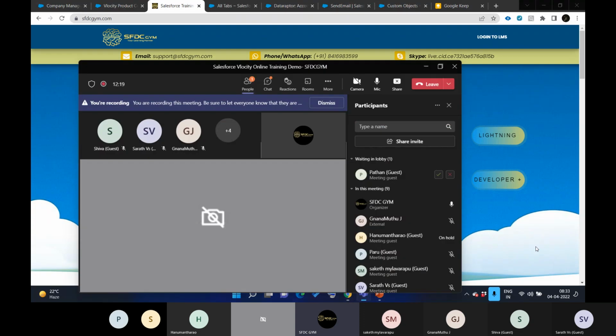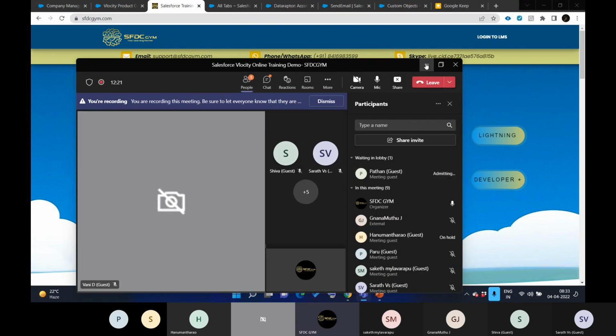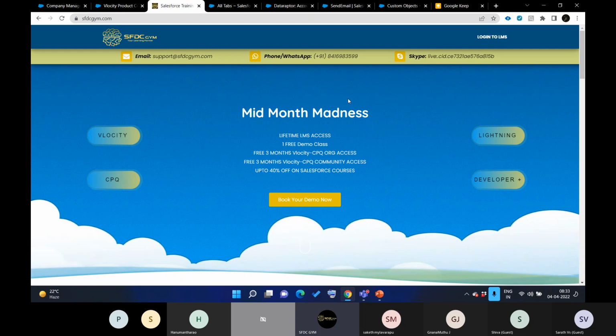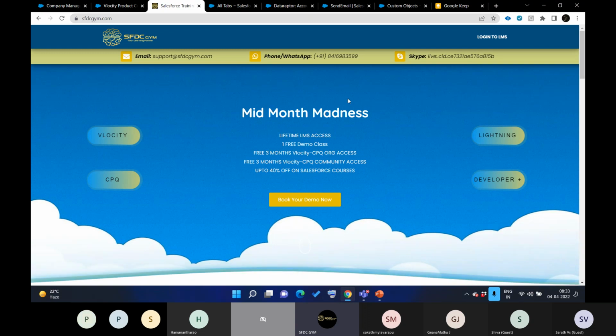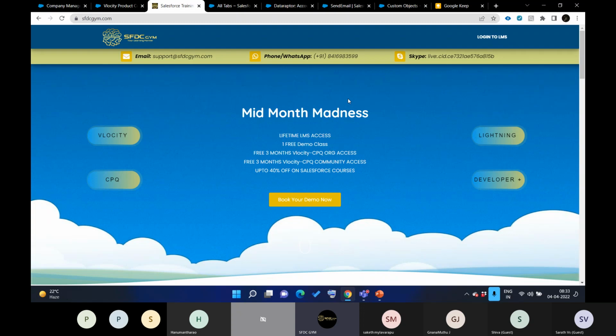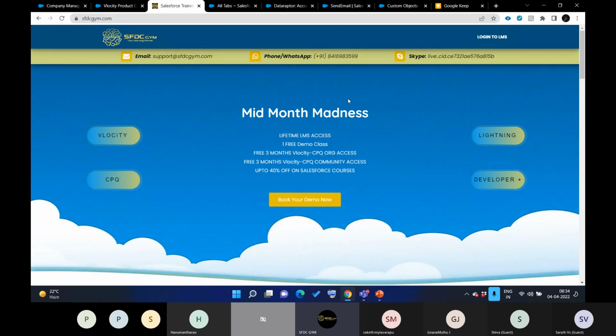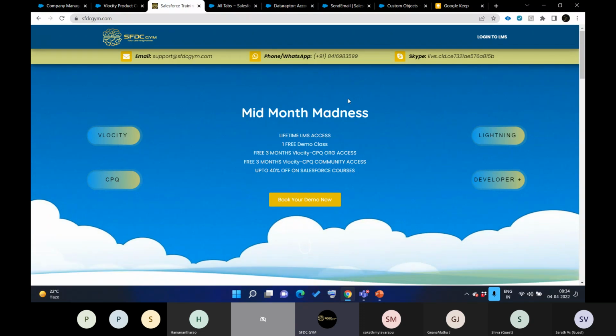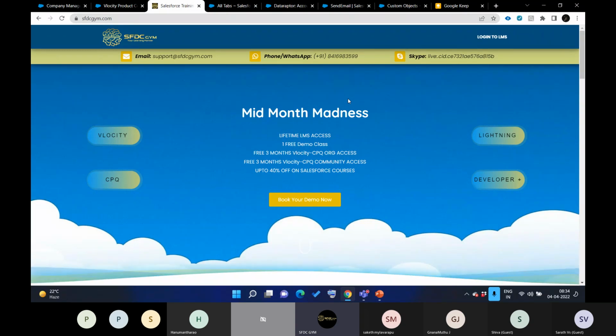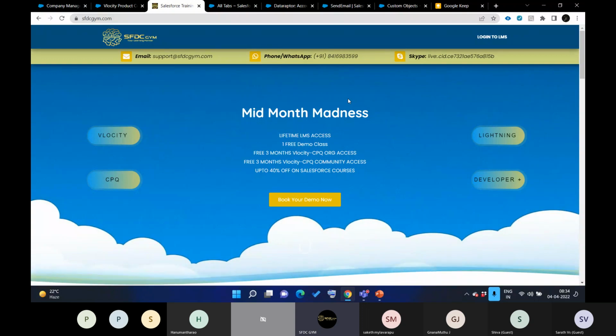Now let's discuss the course first of all, and then we will move towards what Velocity is and what types of audience should go for this course. First of all, this course is for both types of persons, for admins and for developers also. Someone who has some experience in Salesforce, who knows the admin part and how the data gets stored in Salesforce, that basic knowledge of Salesforce is a prerequisite.